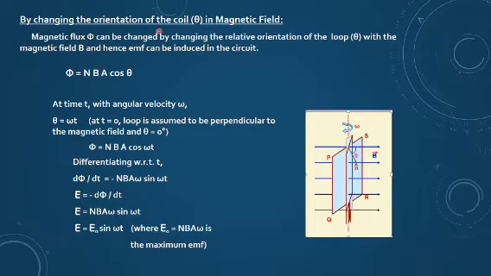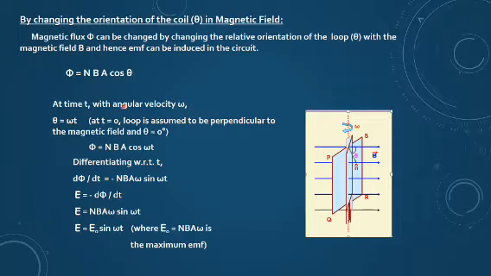The third method for changing the flux is by changing the orientation of the coil. It means this coil, if a rectangular coil, even if I am putting it in the magnetic field shown like this, then if I change theta, theta is the angle between the magnetic field and the area vector. So if I change theta, then I am also changing phi. If I have N number of turns for this coil, then of course I can find the total magnetic flux, given by NBA cos theta.